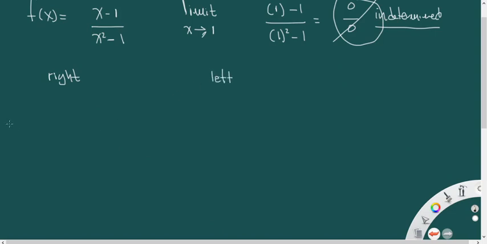we can choose a number for x. Let's see, 1.001. Let's take the number from the left, let's say 0.999. Okay, and let's do the calculations there. If we perform these operations, we will come up with this number,